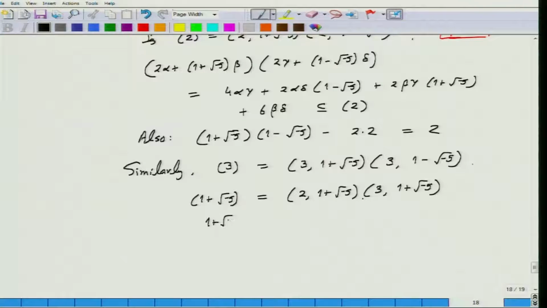Okay, 1 plus square root of minus 5 equals 3 into, minus 2 into 1 plus. Yes, so that's an element. This is an element here, and this is an element here. So this times this minus this times this. And 1 minus square root of minus 5 in a very similar way will factor as